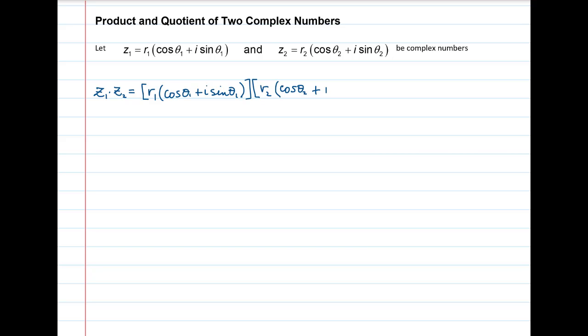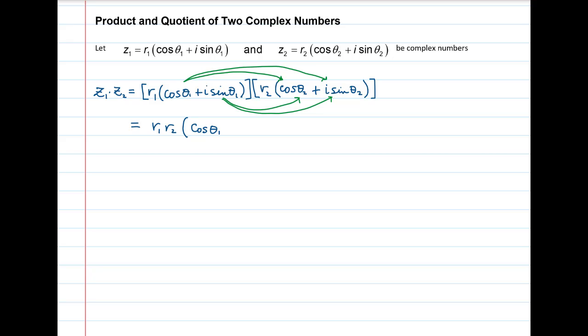And for the quotient, it's going to work similarly, but for the sake of time, I'll let you do that on your own. We'll just state the formula for the quotient. But it's going to be very similar to the product. And we're going to have to recall some of the identities that we've discussed previously to be able to condense our results here. So if we multiply a complex number z1 with another complex number z2,